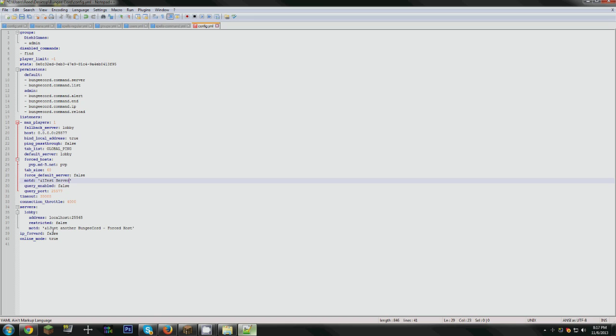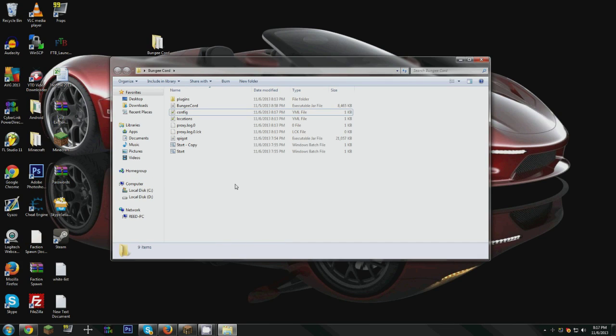And we don't really need an MOTD for that, because unless somebody had the IP for that, they would not be seeing the MOTD anyway. And you do not want to give away your IP for the separate servers in your network, and I'll show you why in a minute. We're going to go ahead and save that, close, and now what we have to do is